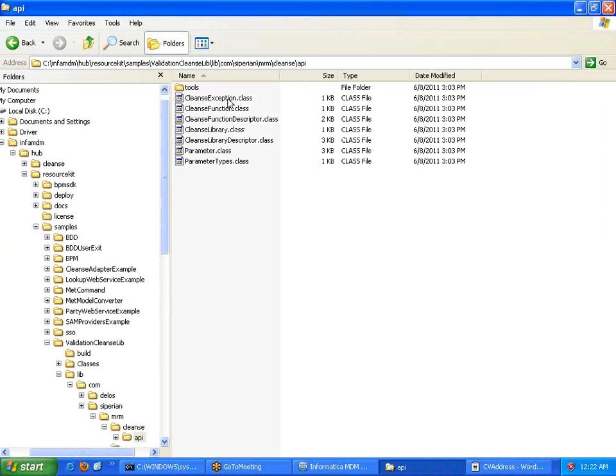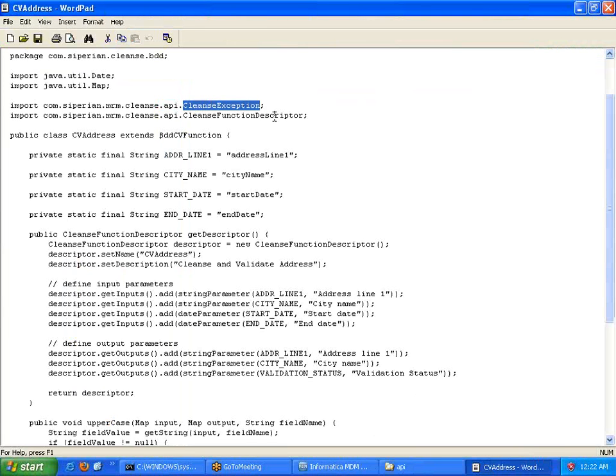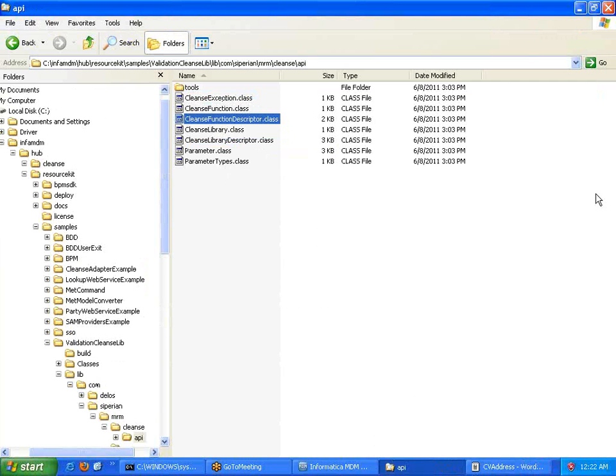One is class exception, which you can see here. The other is class function descriptor, which you can see. Yeah? So these are the two class files which will be part of the Siperian API dot jar file.